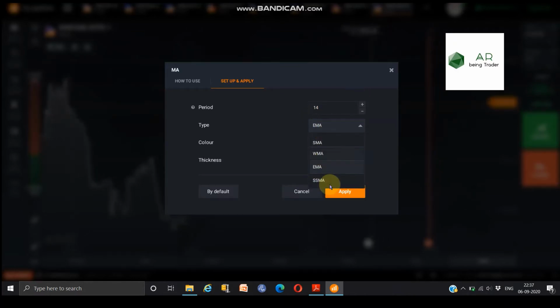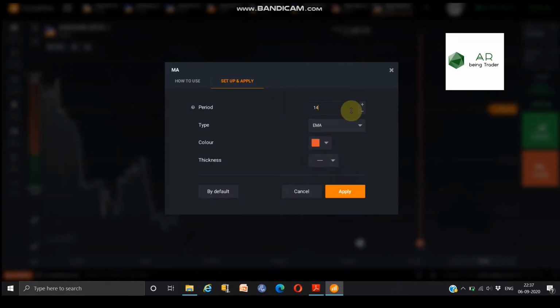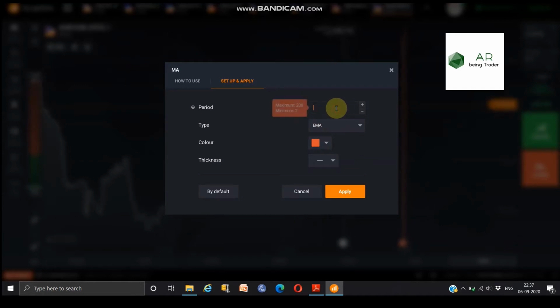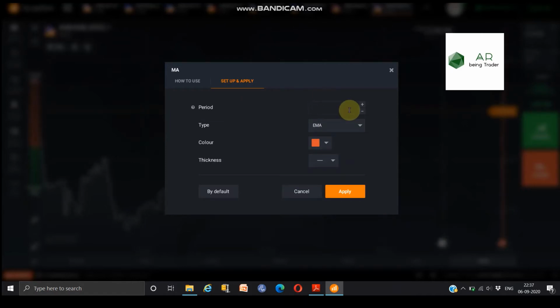As you can see here, there are many options. So now we are going to discuss what a moving average is, what the period is, and why it is 40. You can see here it's a maximum of 200, minimum of 2. Why is it maximum 200 or minimum 2? What is that period, and what are EMA and SMA? What are the types of moving average? How will it be used? We're going to discuss each and everything in this video.